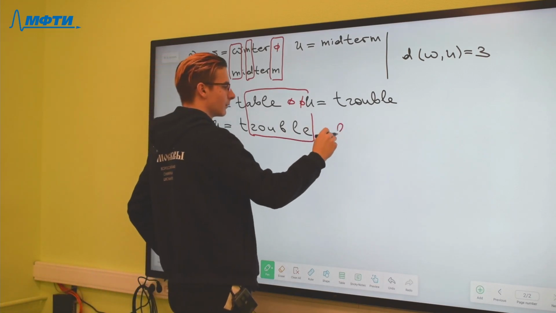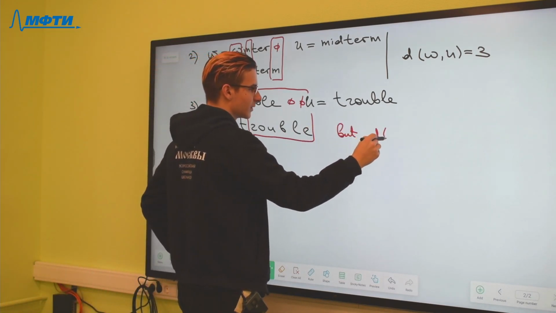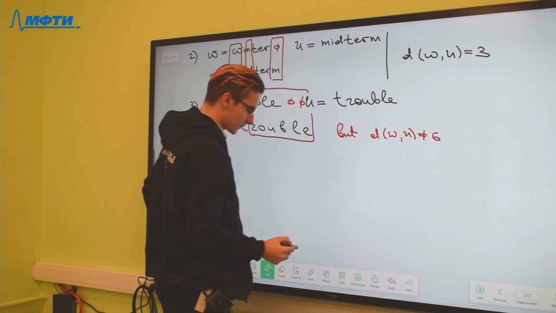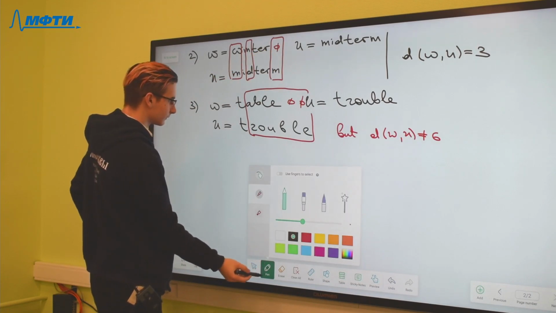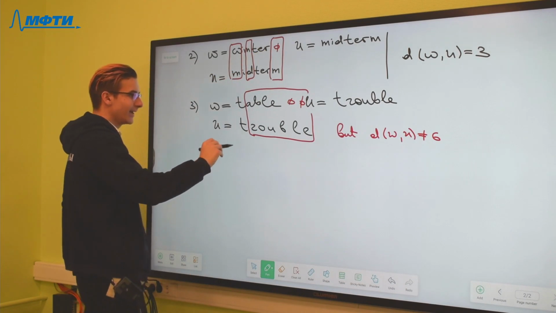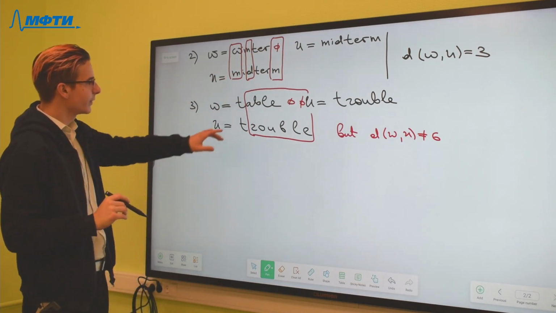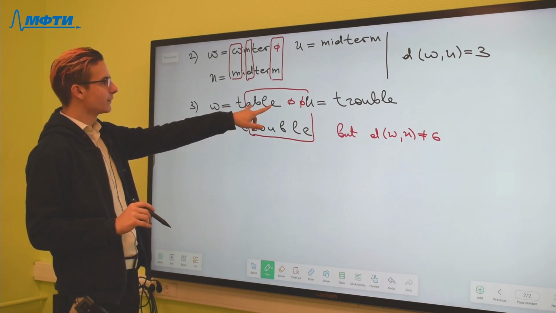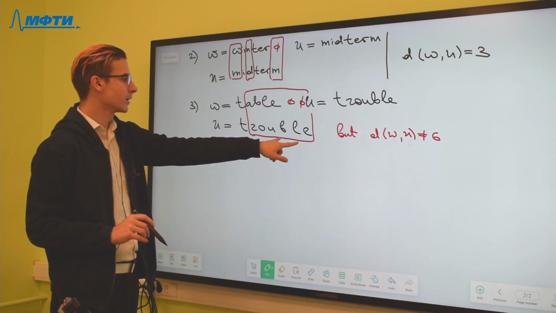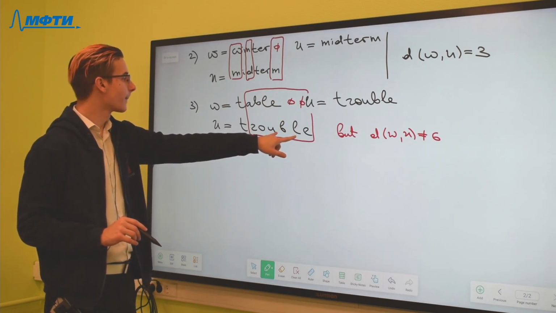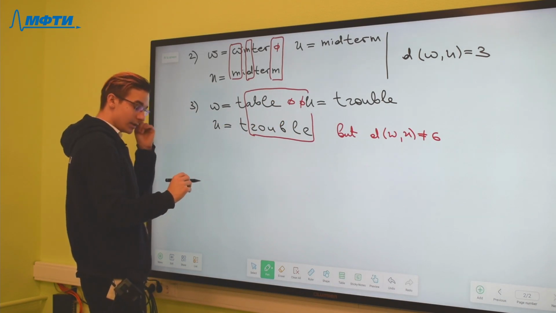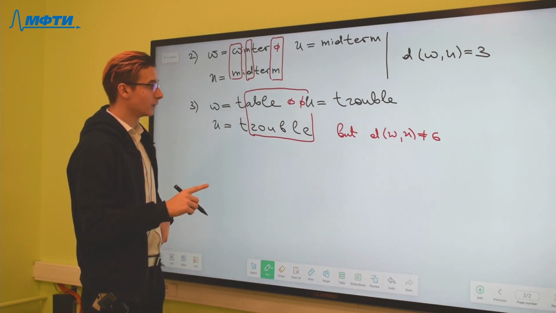But the distance between these two words is not equal to 6 because we can add. We can see that if we shift these 3 characters here, they will be equal to these 3 characters. So I can say, and the distance in the definition